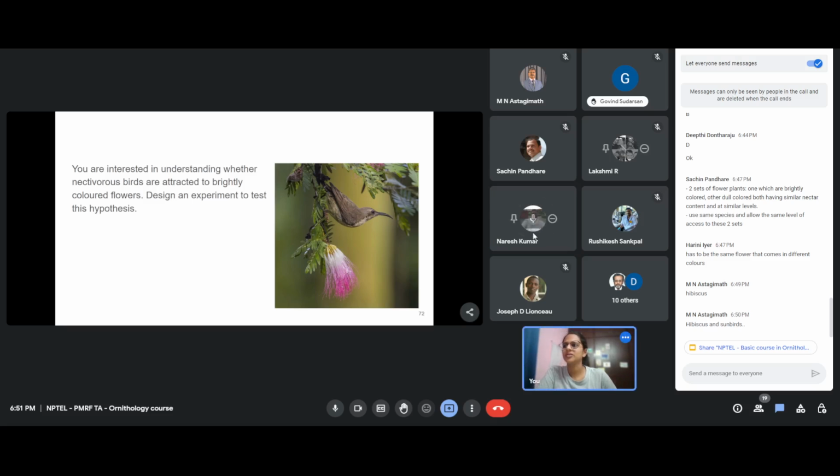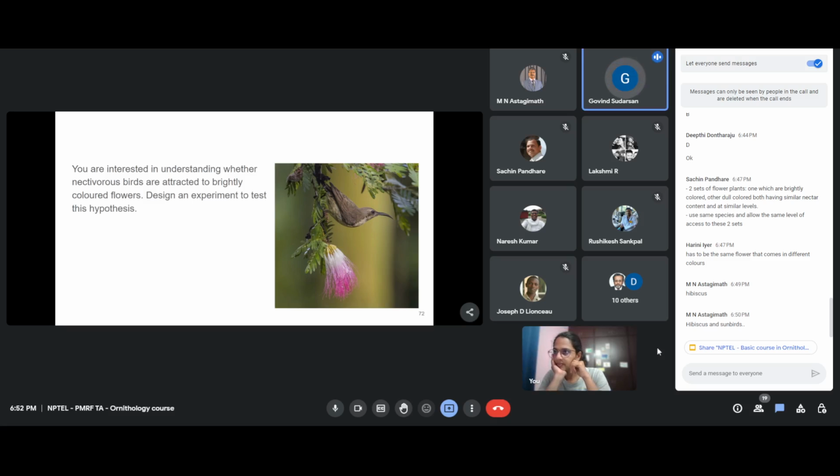Okay, all right. Yeah, Govind. So yes, you are correct. I think in the formulation of what you wanted to say, we lost out on something. But you are correct in having an artificial source that mimics a natural resource, which is attractive to the birds anyway. You also have to pay attention to the shape of the flower, if you're putting a plastic flower or not. Everything has to be consistent.